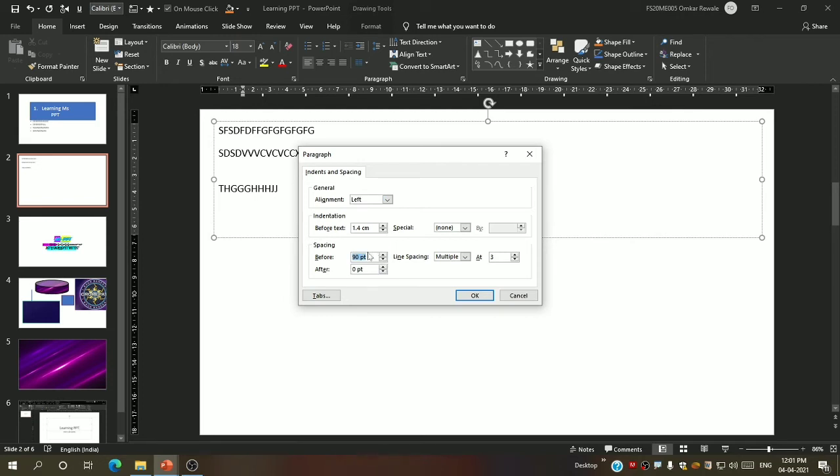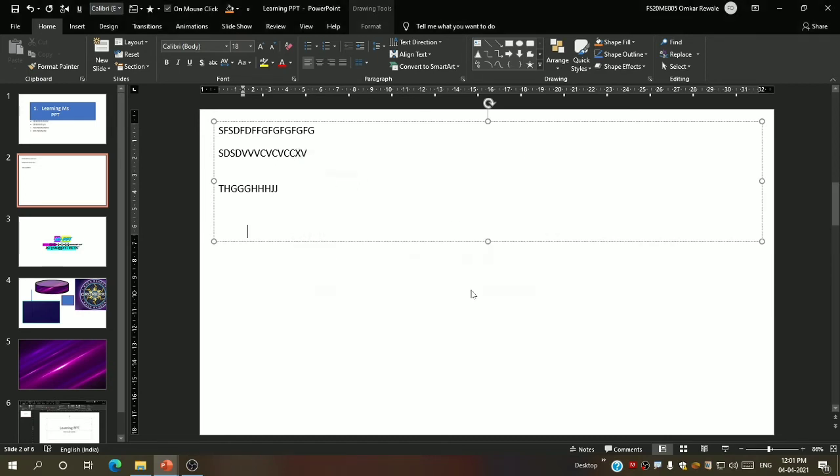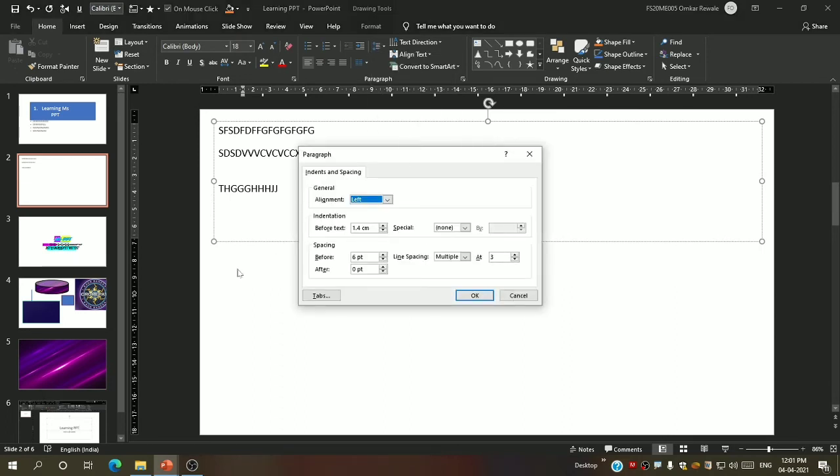Let us increase this, 90 pt. That is so much. 6 pt. Okay, so it increased by some amount only. Again you can specify that special: none, first line, hanging. Yes, I can make it for the first line only.